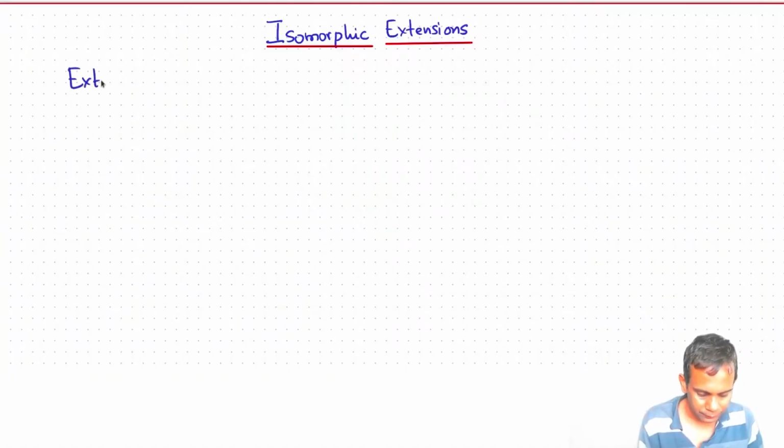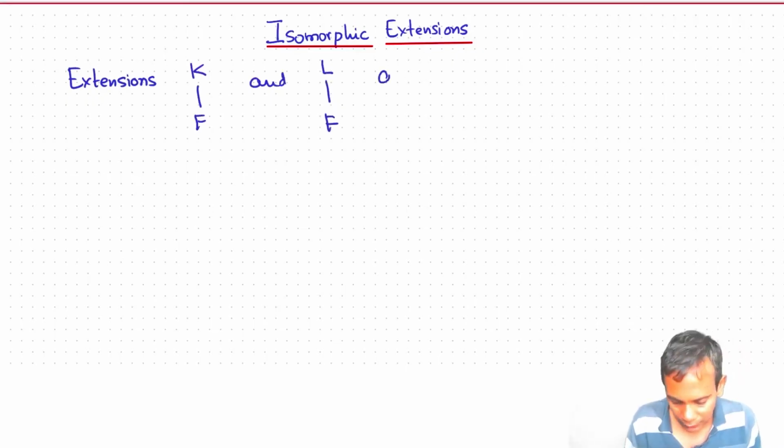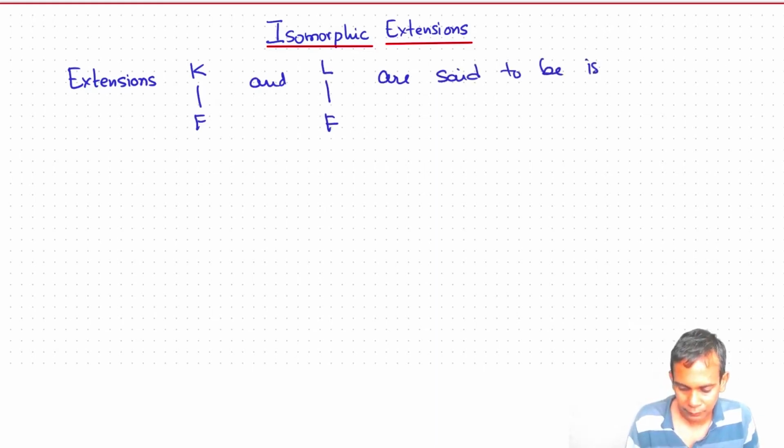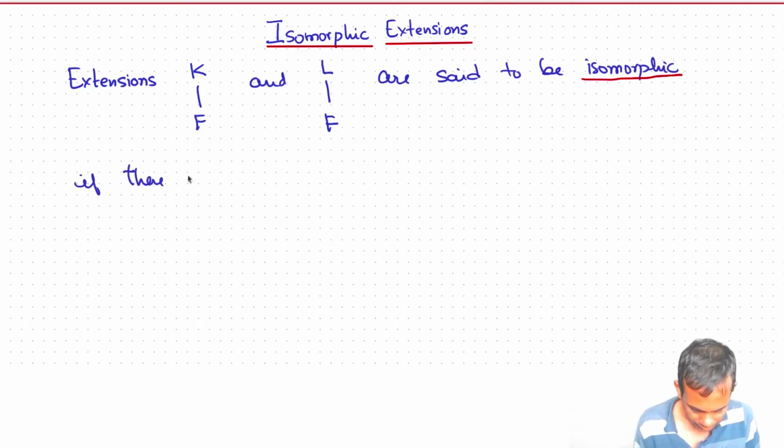Extensions, say K over F and L over F, are said to be isomorphic if there exists an isomorphism of rings